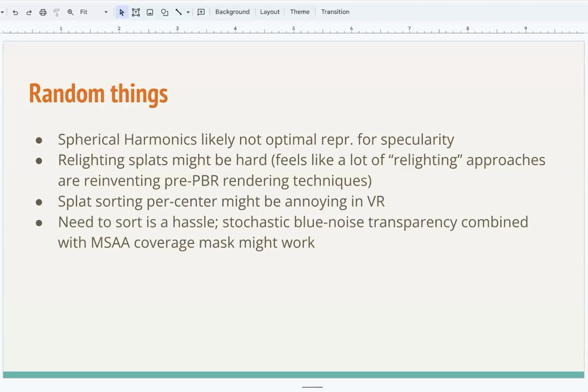And for a decently sized scene, you have like 5 million splats, which means that every frame you need to sort 5 million things. Now, of course, you can do the sorting on the GPU, and that takes like 1 or 2 milliseconds, which is not the end of the world, but especially in VR, 1 or 2 milliseconds is a non-trivial part of your frame budget.